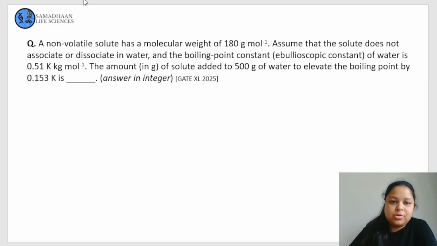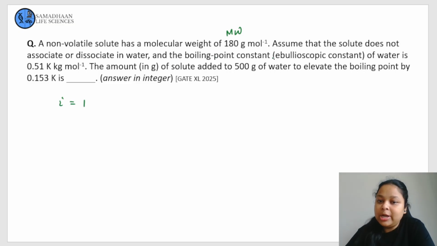Now let's solve the 2025 question. So a non-volatile solute has molecular weight 180 gram mole inverse. Assume that the solute does not associate or dissociate in water. That means i is equal to 1. The boiling point constant of water is 0.51. So Kb is 0.51. The amount of solute added we have to find out, to 500 gram of water, this is the mass of solvent, to elevate the boiling point by, so delta TB is